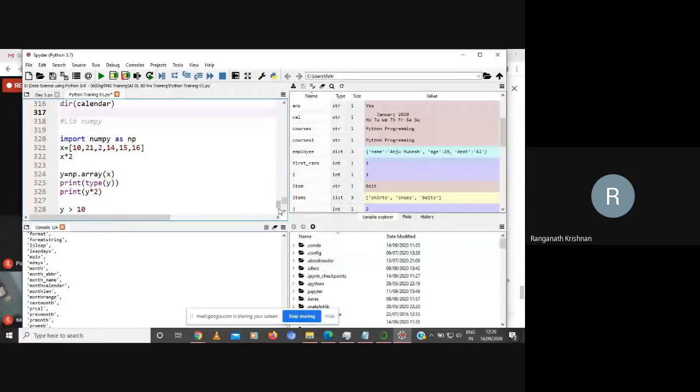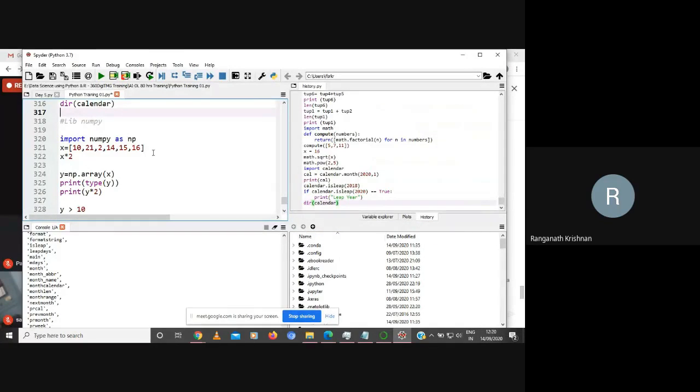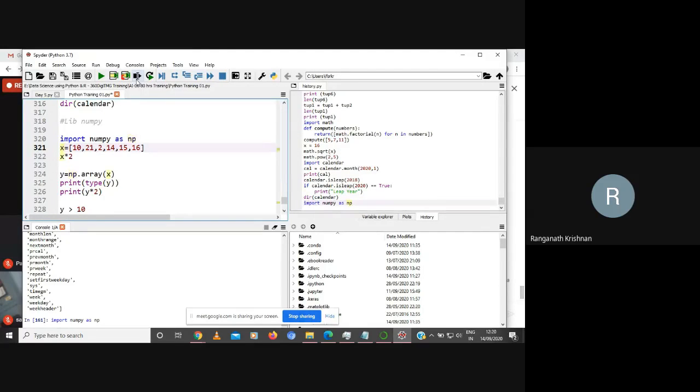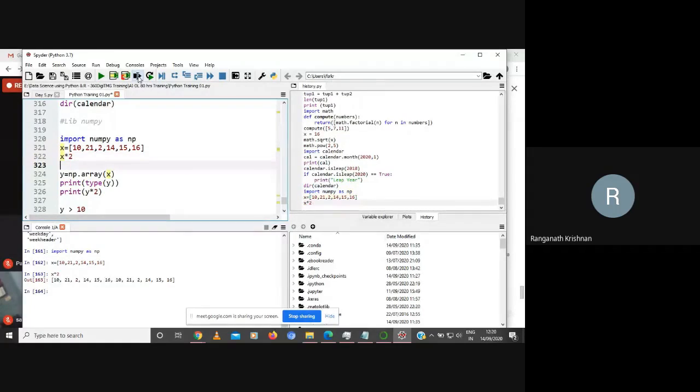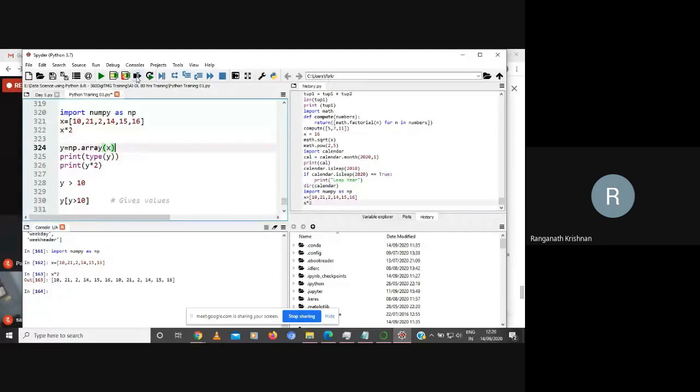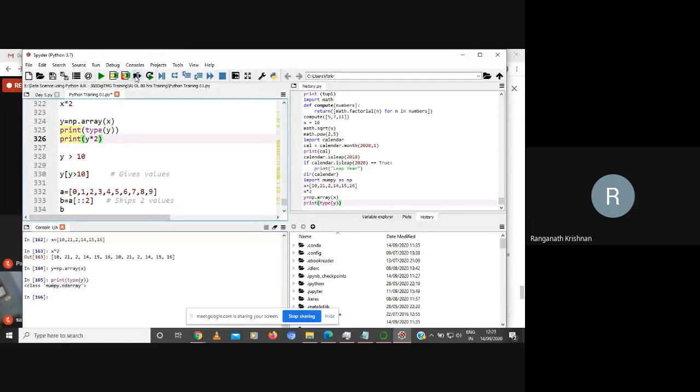Okay. So one more thing. Oh, I am not getting that help. Okay. So this is NumPy, as the doctor was explaining. This is a whole bunch of numerical library. I can also declare an array using NumPy. Import array, x equal to 10, 21, 21. Then I'm doing this. Again, this x into 2 is not multiplication. It is going to repeat it twice. Now I'm going to declare an array and print type. So it says numpy.ndarray. It's a NumPy array. Now I say print.